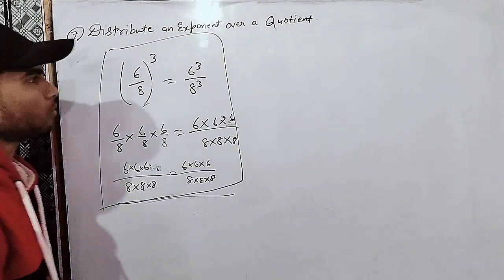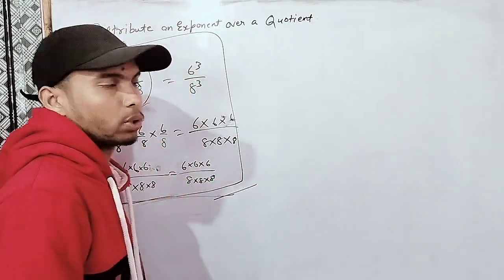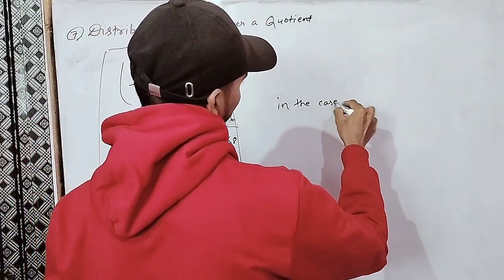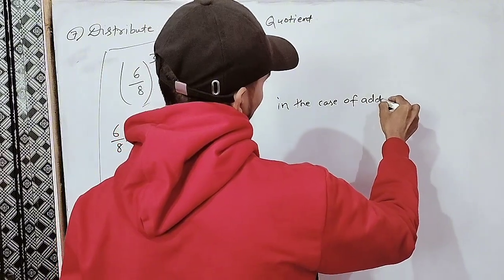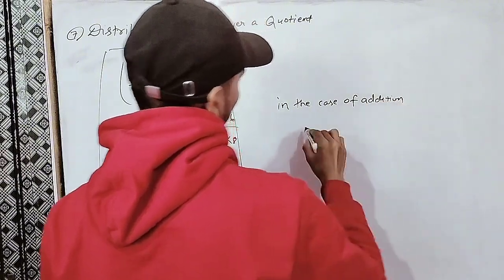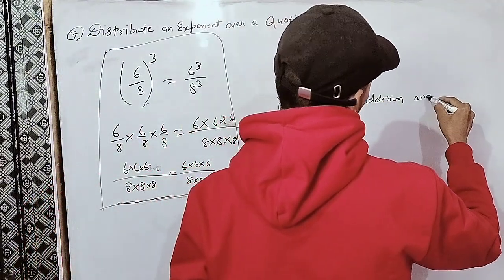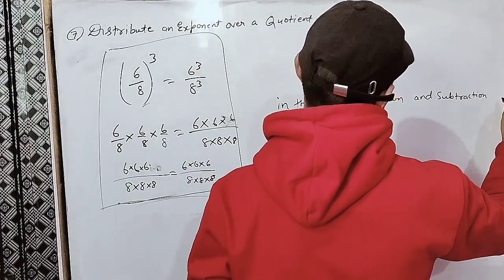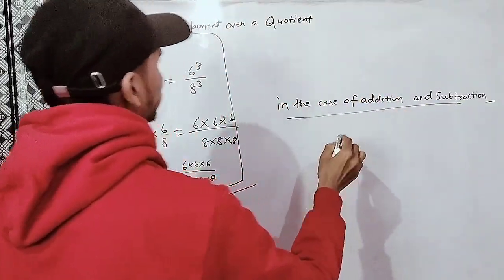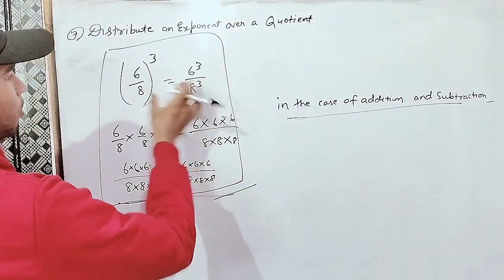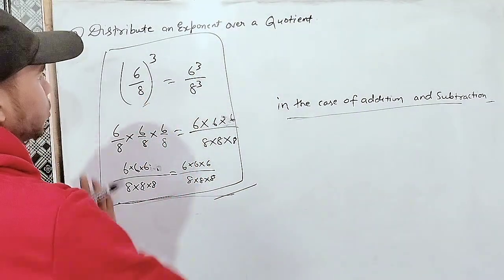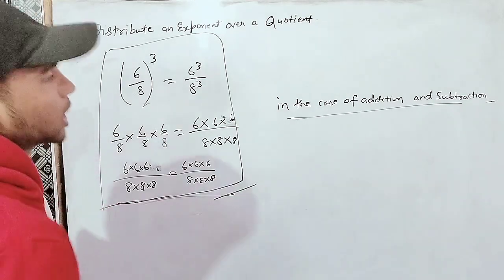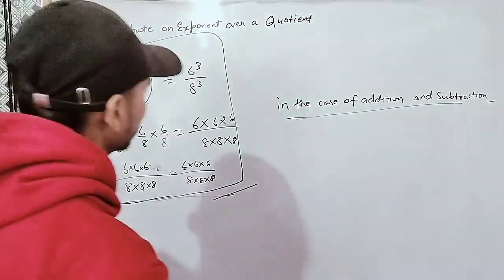Now, I wanted to say that in the case of addition and subtraction, we want to use this type of method. We want to use this type of method in the case of addition and in the case of subtraction. Okay,